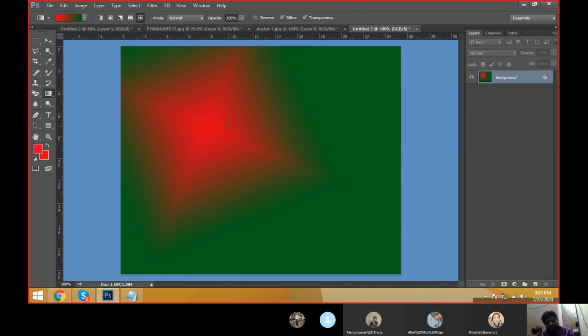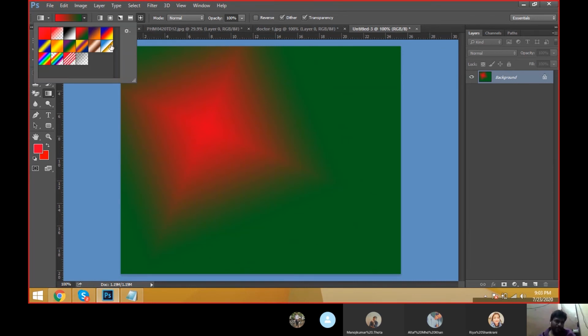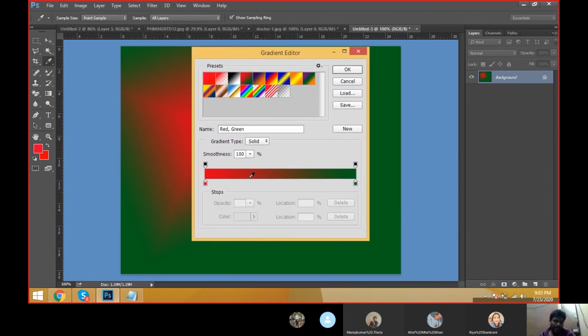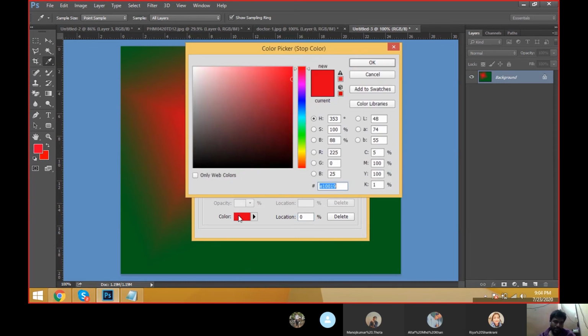So these are the default predefined colors, but we can change the colors. Is it possible? Yes. Come here, these are the predefined colors. When you come to the gradient box and click it here, automatically we can see the gradient editor. Select the color pointer and you can change the color.